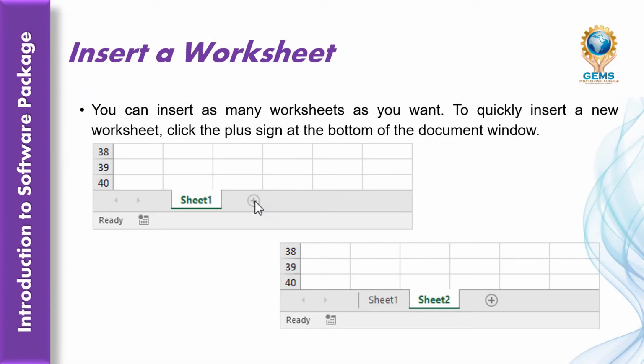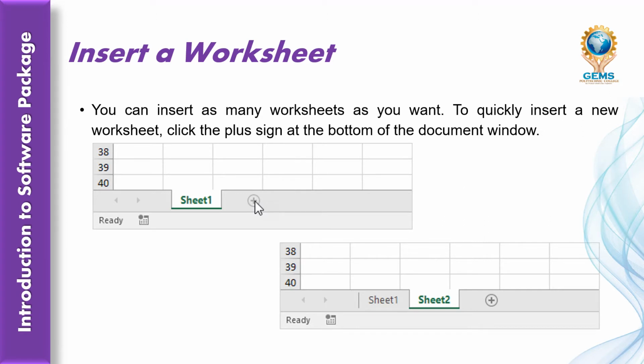Now we will see how to insert a worksheet. You can insert as many worksheets as you want. To quickly insert a new worksheet, click the plus sign at the bottom of the document window.